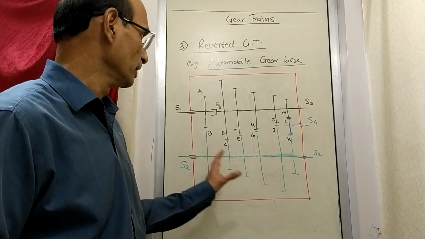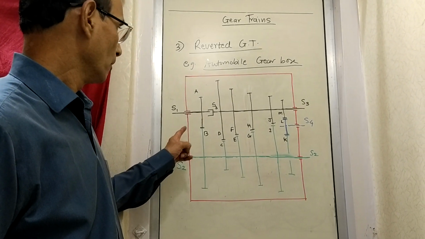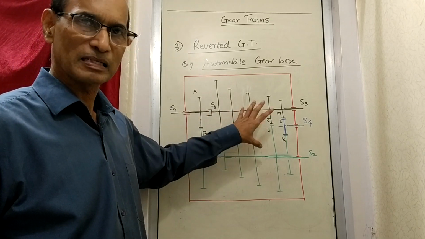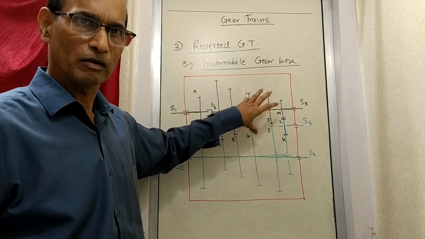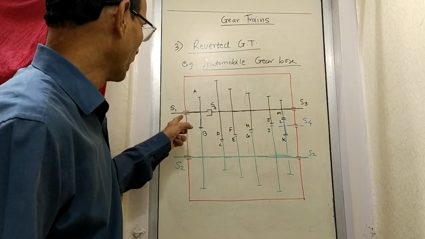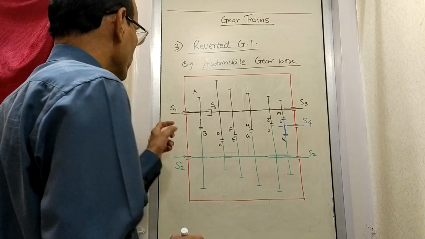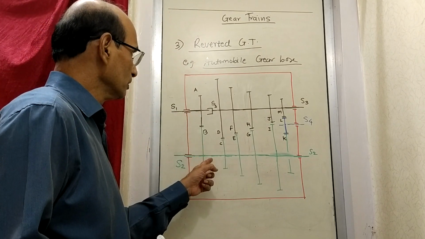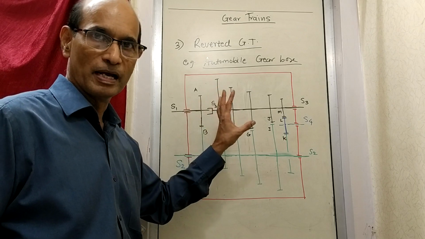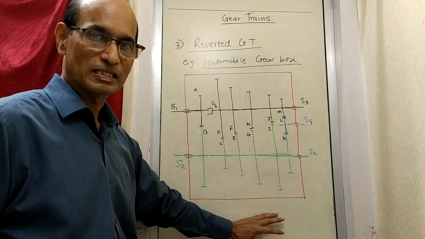Okay. So now see here, the arrangement is not exactly the same. There are some more additions which we are not showing, but which I explained to you. See right now, what happens is you will find here that a reverted gear train is formed. You can see a reverted gear train is formed here, which was what was drawn last time.